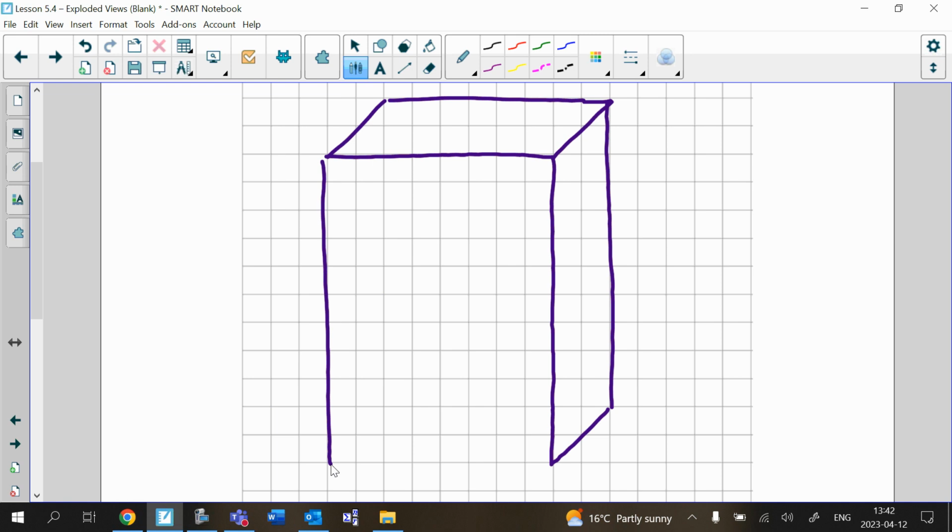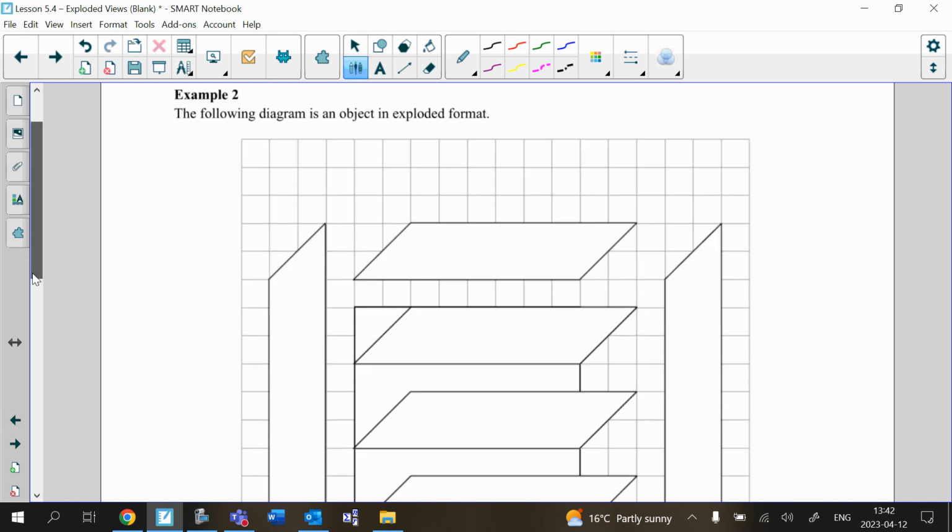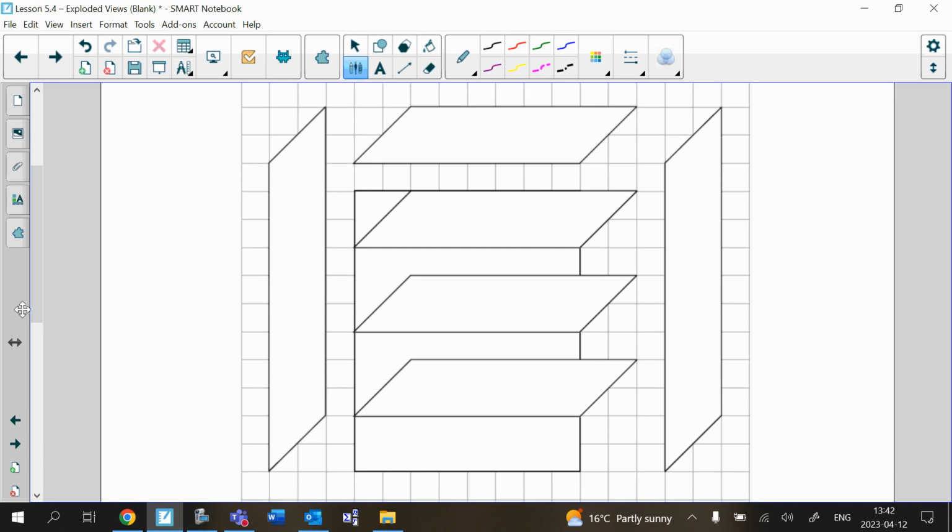And then it's 1, 2, 3 again, 1, 2, 3 again, and then 1, 2 to the bottom. So I'm going to go down 1, 2, 3, and then I'm going to draw